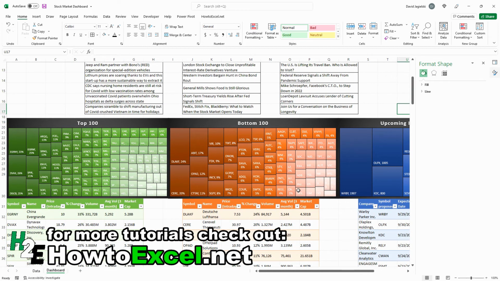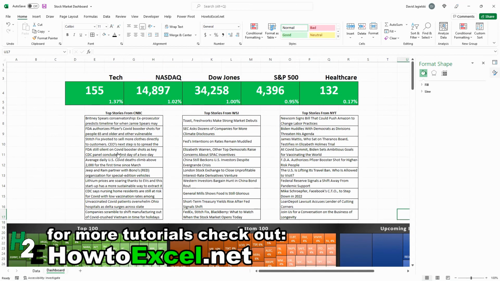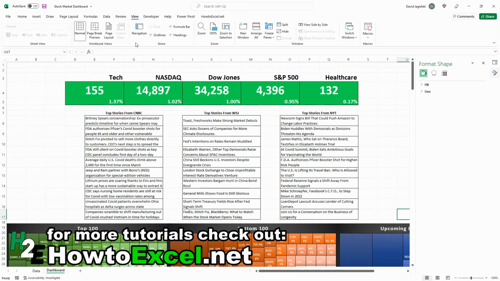So now I've got the top and bottom 100. I've got upcoming IPOs, stories, and I've got my overview. I'm also going to get rid of the grid lines here just because I've already got some formatting around it, just to make it a bit cleaner. Now, I'm almost at the end here, so the one thing I'm going to do now is add that one